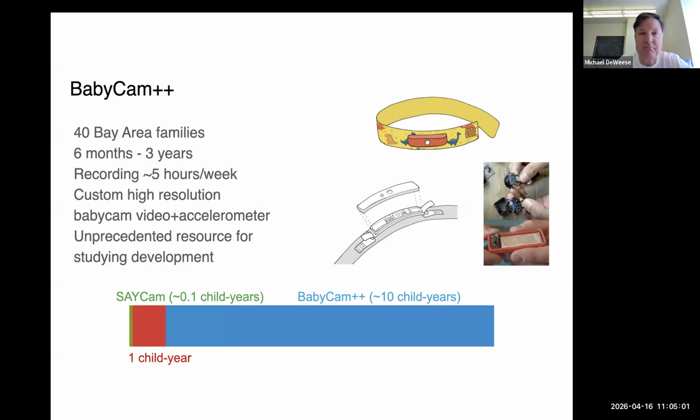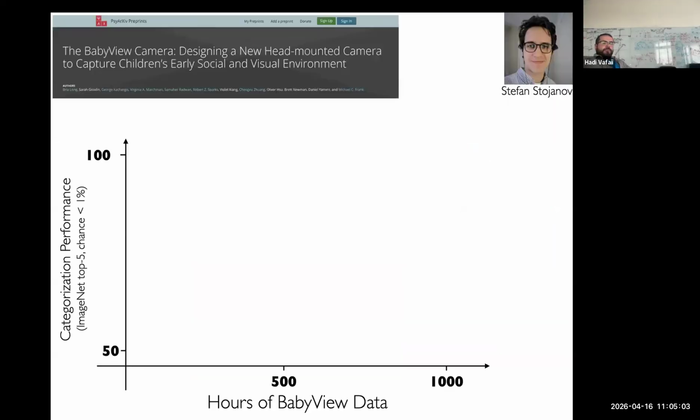A few slides further, and I'll come back to what you were just saying. Okay, so the point is basically, there's this data, and now you could ignore the accelerometer channel for just a minute. You can try to see how well, now that I've got more data, we take the best existing algorithms. That went from local aggregation or whatever it was to, at the time we did this last year, DINOv2 or whatever. And you see how good the new data is.